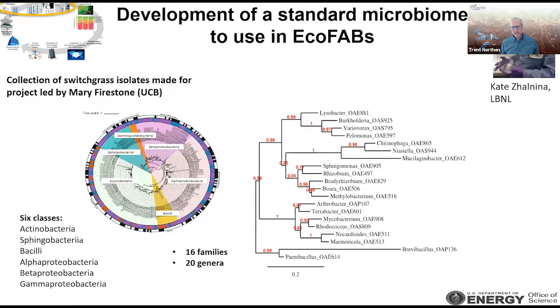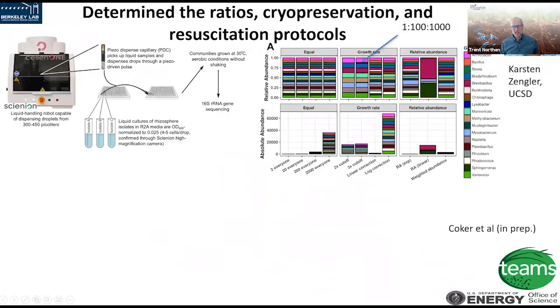And I told you about that 1,000 isolate collection from the rhizosphere at this field site that Kate made. She selected down to 16 isolates that span the diversity at the field site to create a standardized microbiome as a community resource. And then Karsten Zangler has been using this